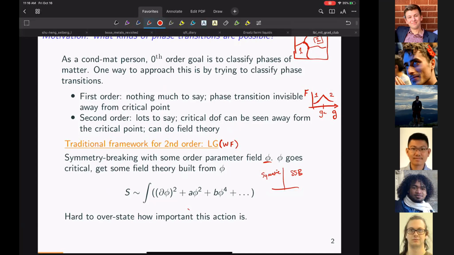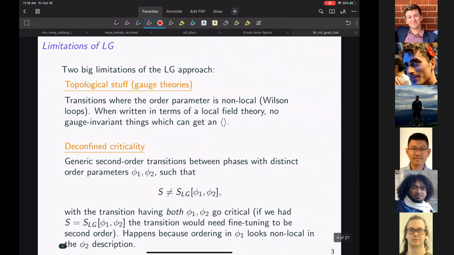I don't need. It's hard. It's basically impossible to overstate how important this kind of action is for doing physics, right? So, okay, given this, it's important to know what the limitations are of this approach to understanding second order phase transitions,